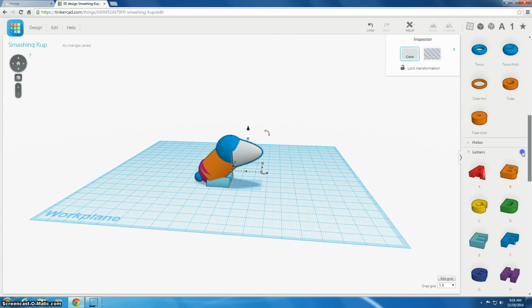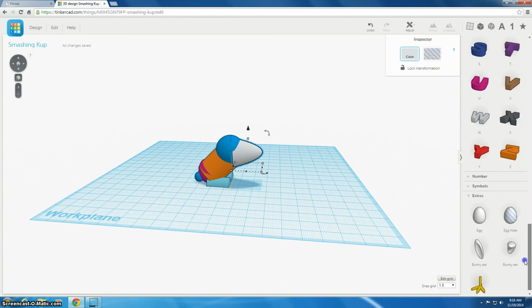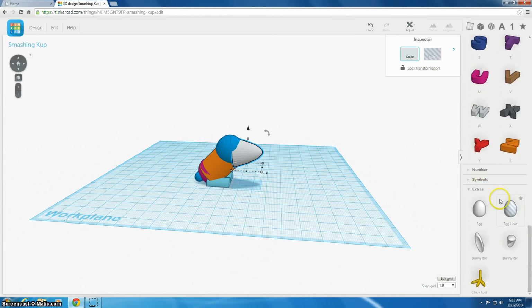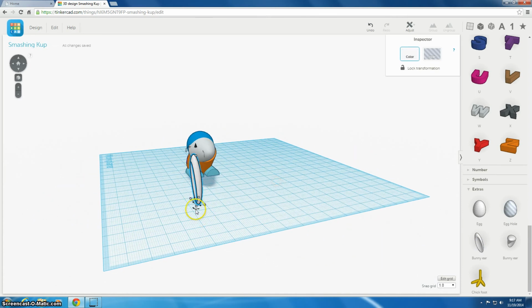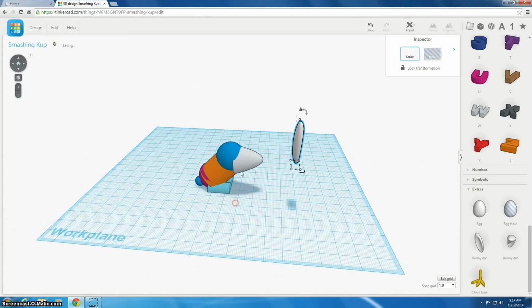Now it just so happens that TinkerCAD has all these different shapes you can use, and in the extras they have a bunny ear, so that worked out nicely. I could have made this by just using an oval and designing it myself. Since they happen to have one, I'm going to go ahead and use it. So I'll put my little shape onto my bunny's head,